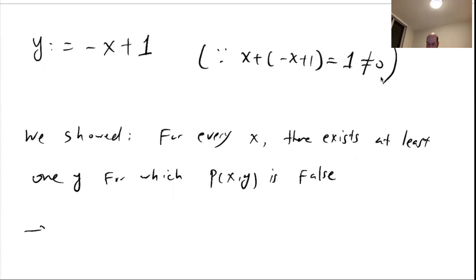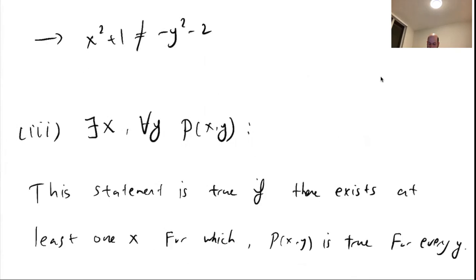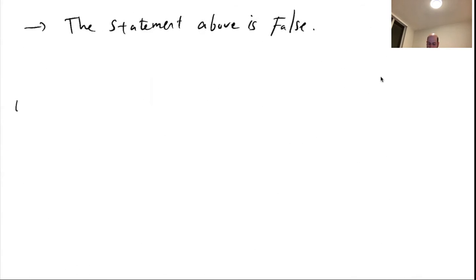This means that the statement above is false. All right, so this was the third type, and the fourth type is